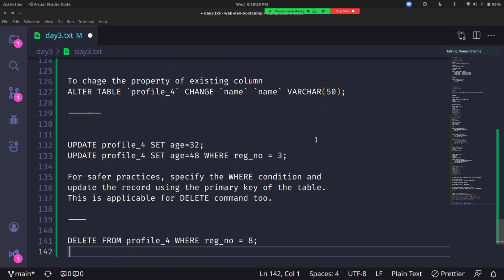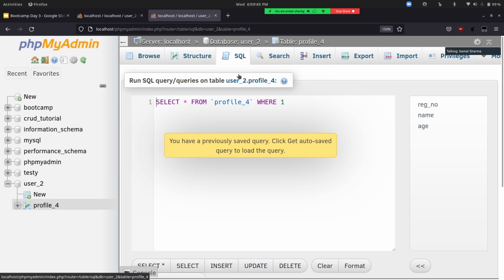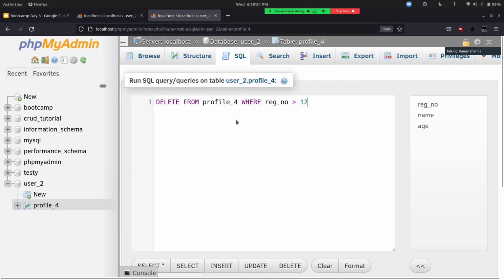You can also remove based on multiple conditions. Like, let's say we want to remove all those whose age is greater than 12. 16 is greater than 12 and 22 is greater than 12, right? So we'll try to remove them using a query. To do that, you can do it in this way.